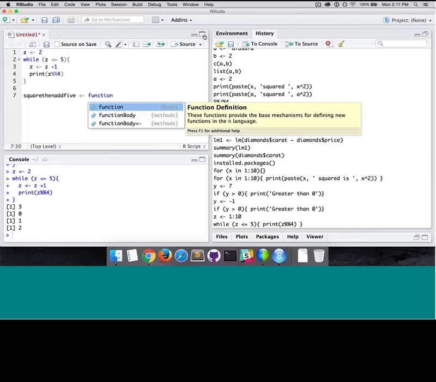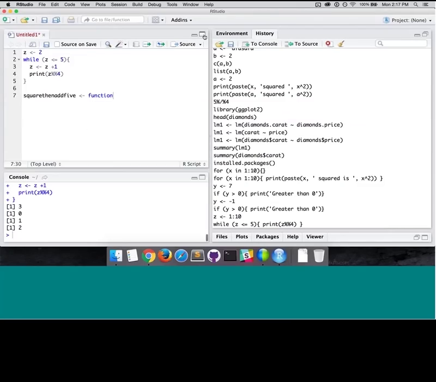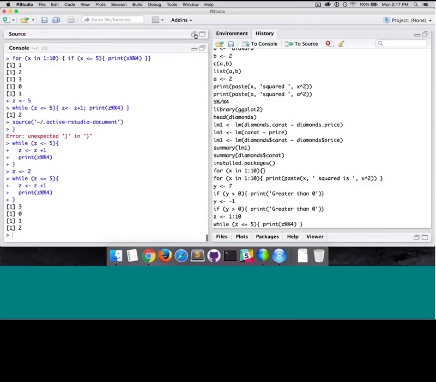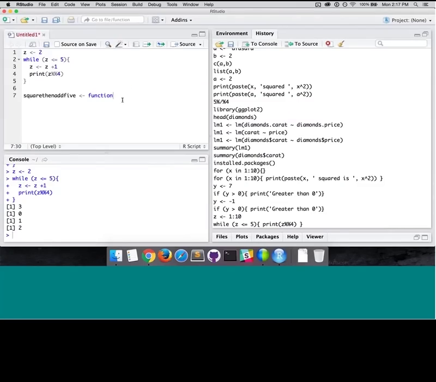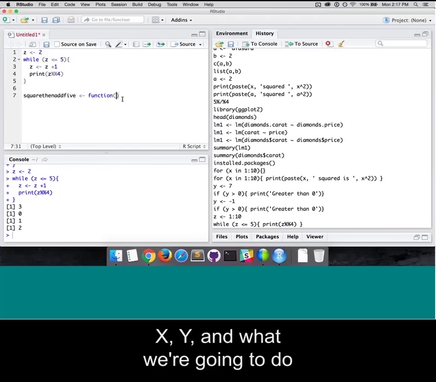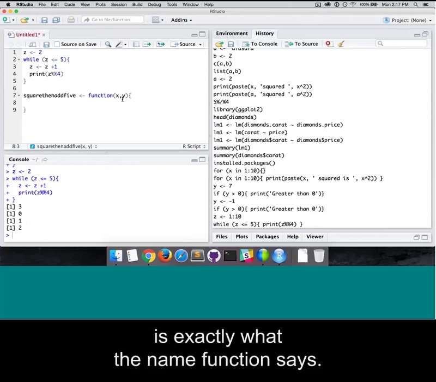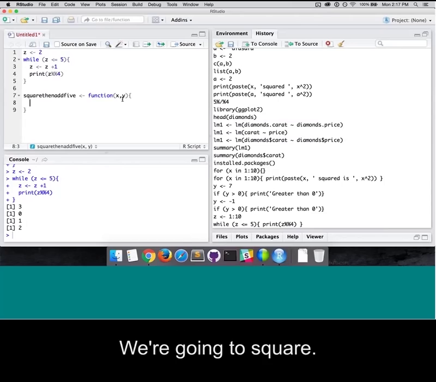It is just here. X, Y, and what we're going to do is exactly what the name function says. We're going to square,